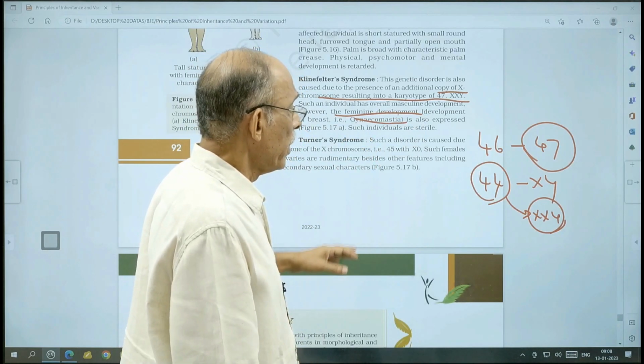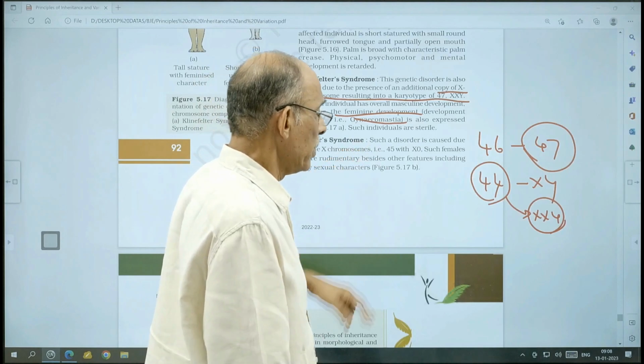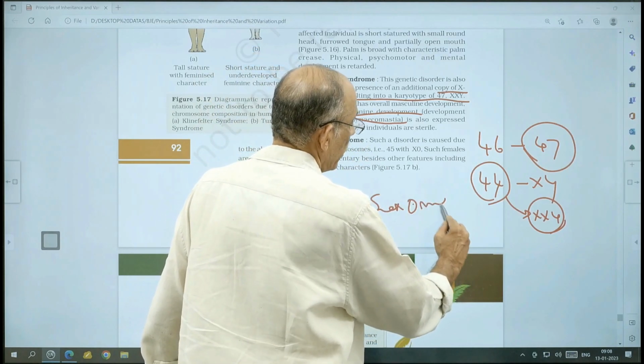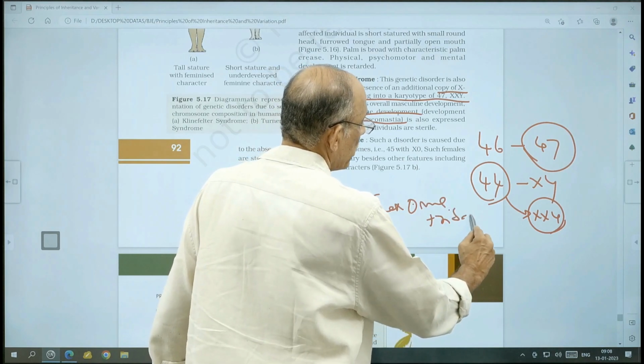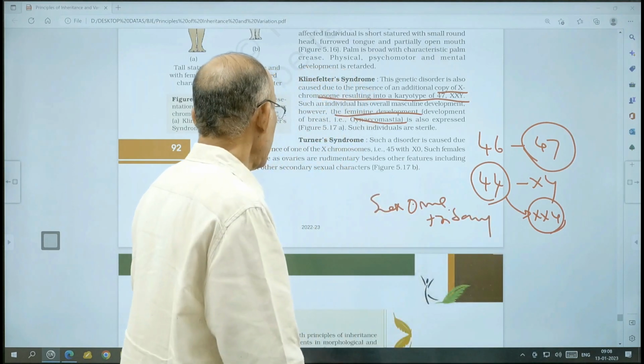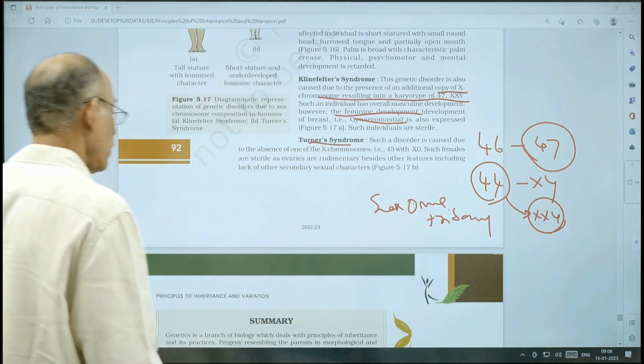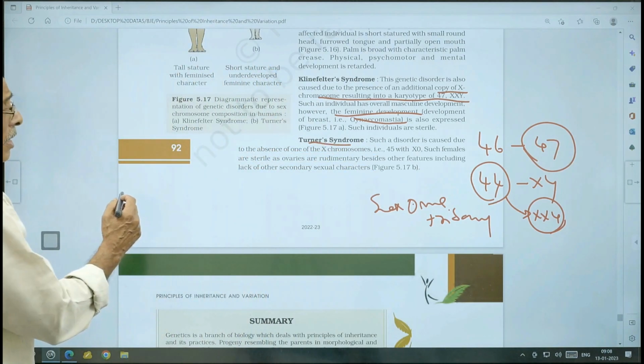These individuals can be called sex chromosome trisomy. And lastly, we have Turner syndrome. Turner syndrome is seen in females. The females are sterile, and